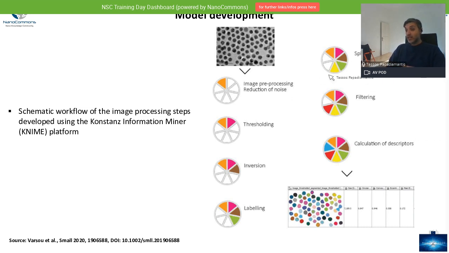And then in the second to last step, you filter your image, because as we're going to see in our test images, you may have some things that you would need to remove. Let's say scale bars, or, if you have taken the image through literature curation, maybe some letters here and there. Or you have some artifacts that cannot be labeled correctly, then you can remove them using filtering.